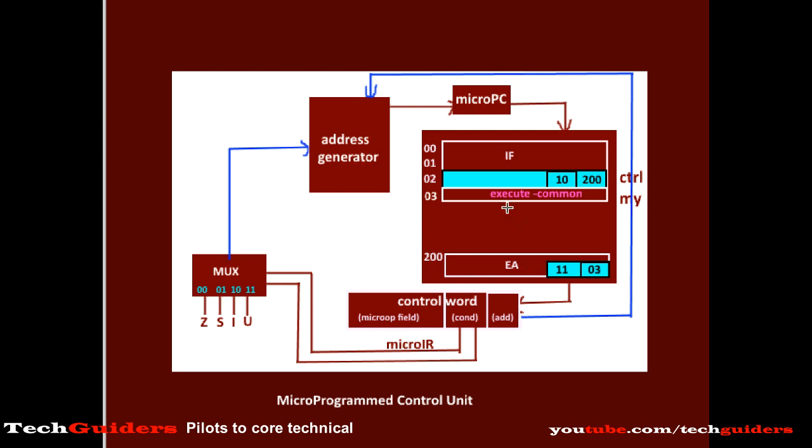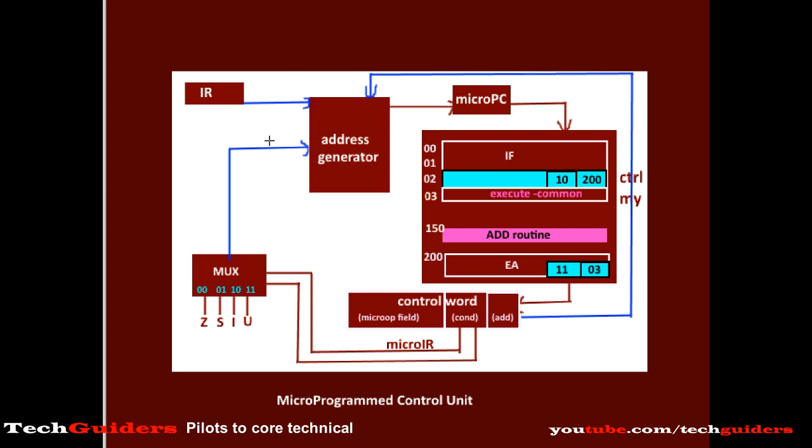We know that different instructions follow a different execute routine, which is based on the instruction type or based on the opcode of the decoded instruction. So from here, a special branching has to be made to the appropriate micro routine, to the appropriate execute routine of the instruction based on the opcode of the instruction. Hence, the address generator also needs input from the instruction present in the instruction register, so that the address of some routines can be determined based on the opcode of the decoded instruction within the instruction register.